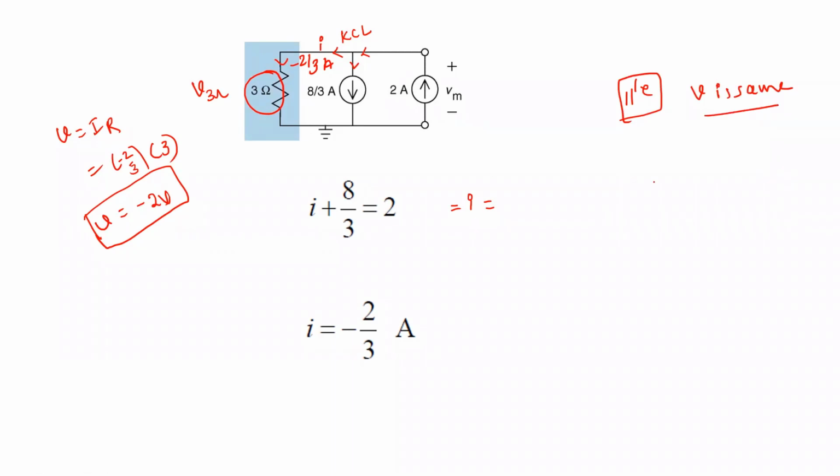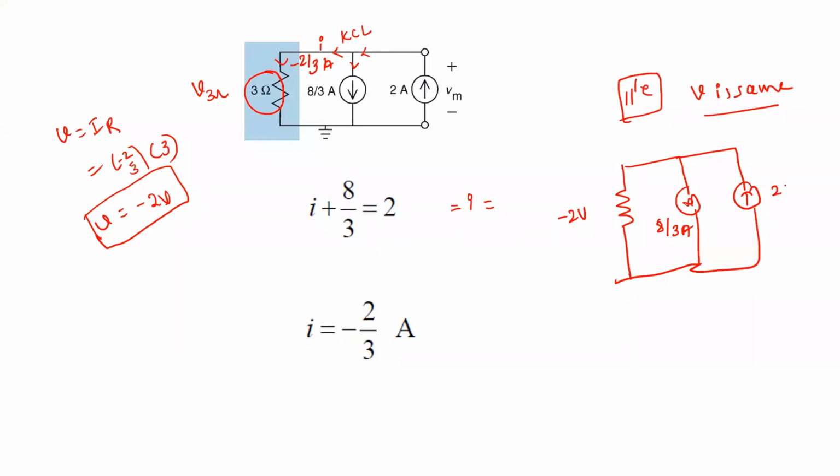So the voltage drop across the 3 ohm resistance is minus 2 volt, and that is the same across the 8 by 3 ampere current source as well as the 2 ampere current source. So we have written the final answer here: minus 2 volt is the voltage drop across